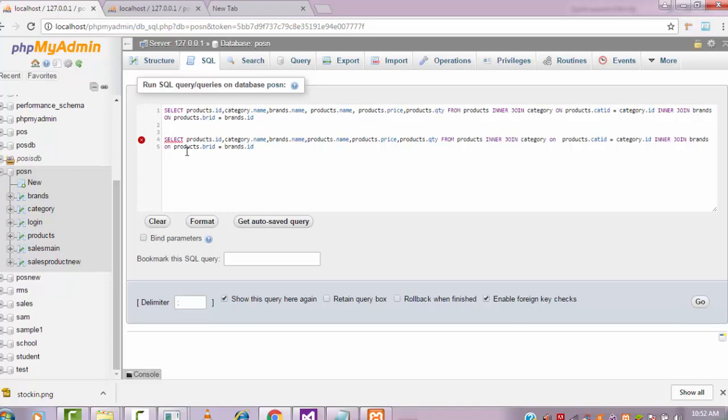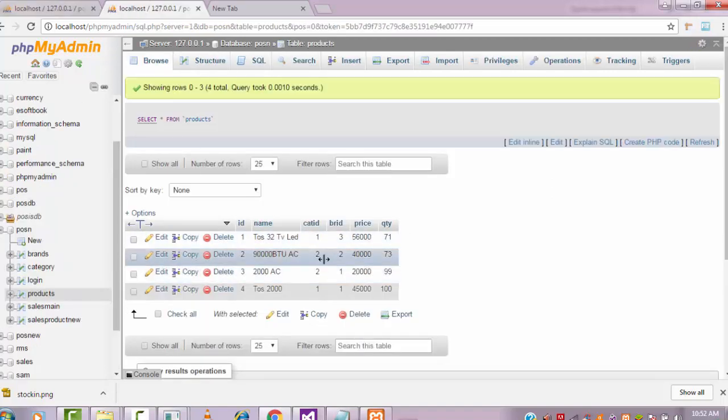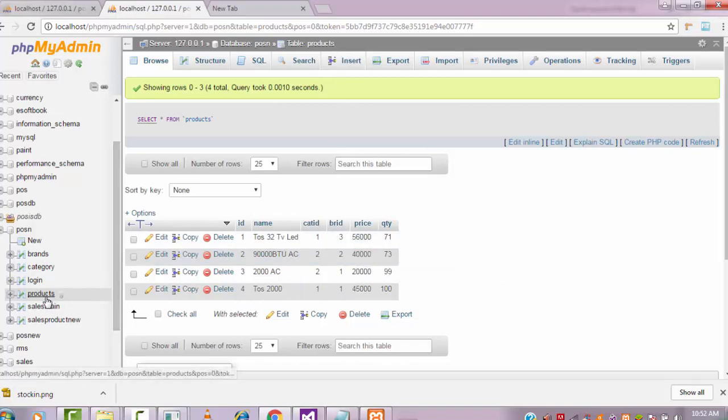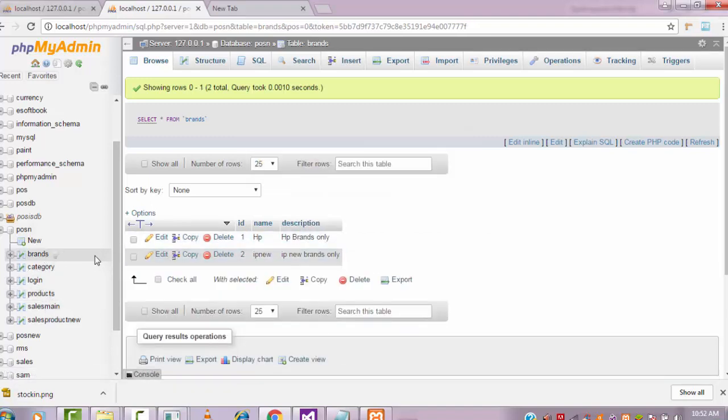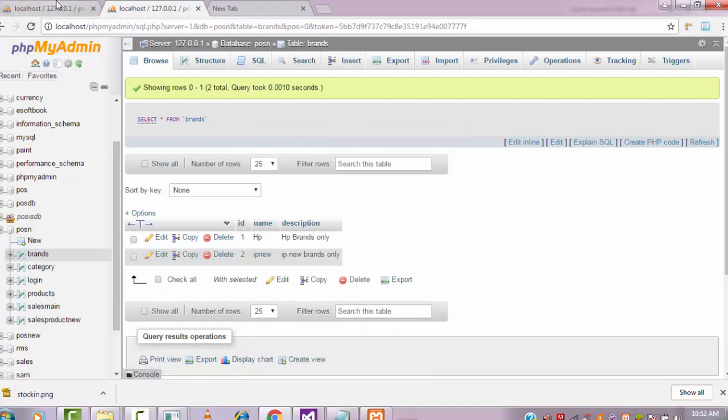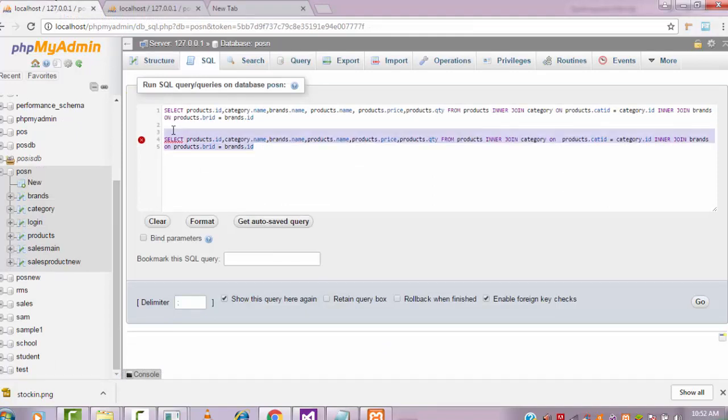This one is coming from where? Here first, what I am going to do is join the products table and the brands table with the ID. So products dot brand ID means this one. After that I join it equal to brands dot ID, this brands table dot ID, the stuff I wrote here. Here I have joined 3 tables all together.